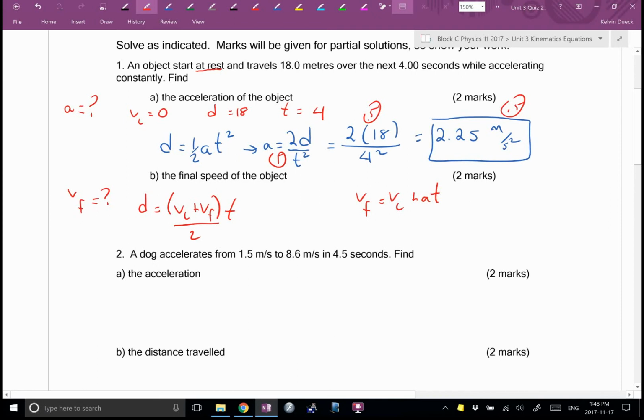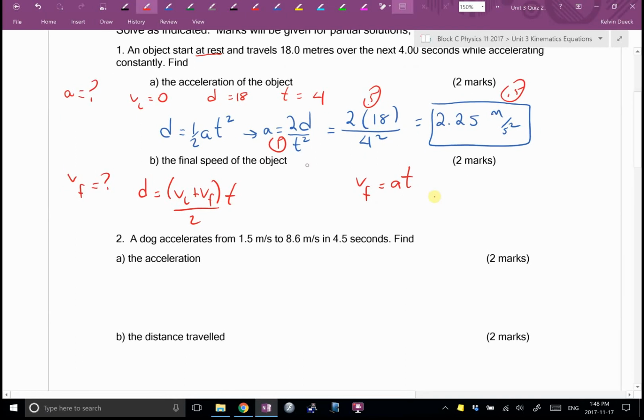Now, the risk with that is I'm using my answer from part A to get this. In fact, really, I could have just written VF equals AT. Why didn't I bother writing the VI? It's 0. The only risk with doing it this way, Dylan, is if I got A wrong, I'm getting B wrong. But at the same time, I'm pretty sure I got A right. I'm lazy. So I'm going to do it this way. It's going to be